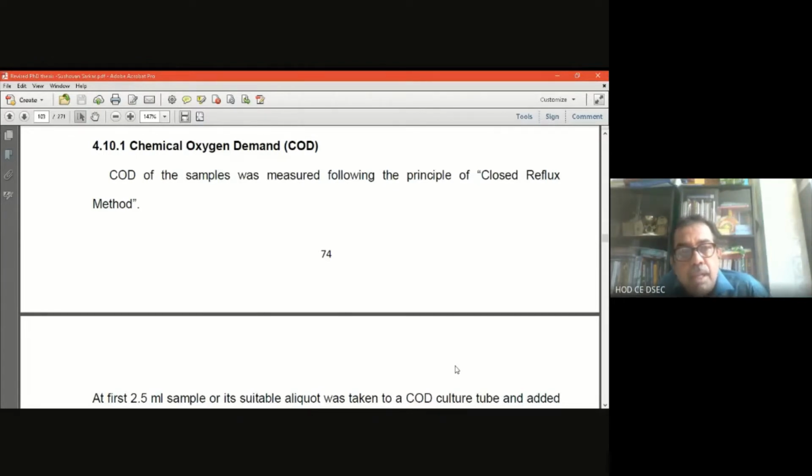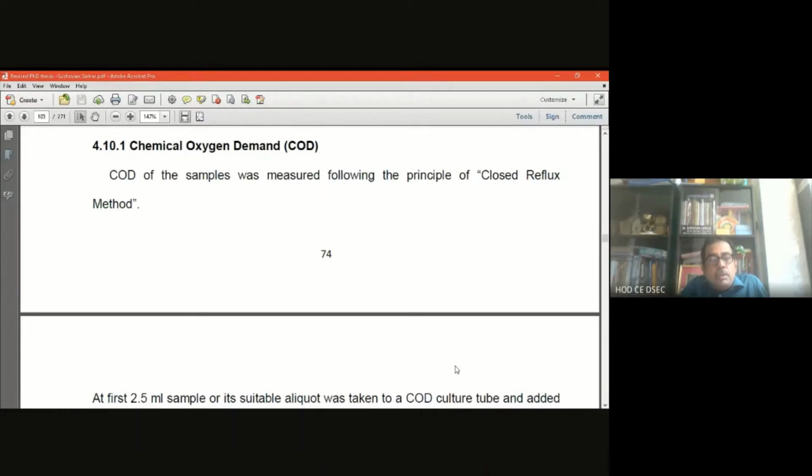If you remember the last class, that is in the 15th lecture, we described the process of the BOD, biochemical oxygen demand, one of the parameters in biological treatment processes, discussed in detail, I hope, with some numerical examples. Now today I will describe the COD, a very important parameter like BOD, that is the chemical oxygen demand.